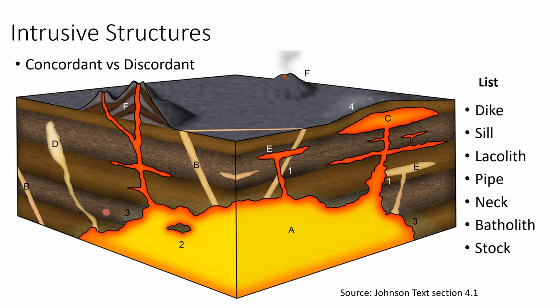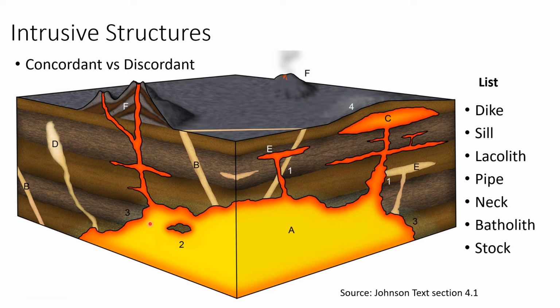So these stripes here are supposed to represent just the basic horizontal layering of all the other rocks that are there. And really, this is another one of those chicken and egg scenarios. I would like to have talked about the sedimentary layering before we got to the igneous, but then there's plenty of the igneous stuff that I needed to have talked about before we get to the sedimentary. So just remember, when we do talk about the horizontal layering with the sedimentary rocks, that this is what it was referencing. So they are mostly horizontal and flat lying,